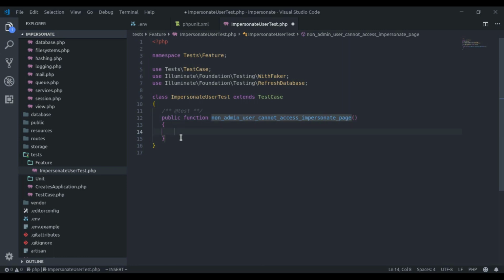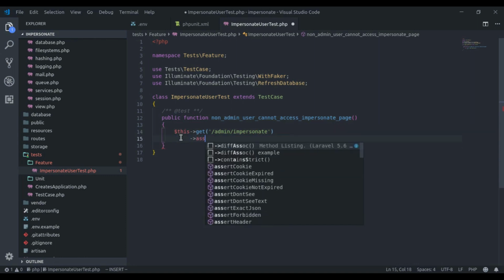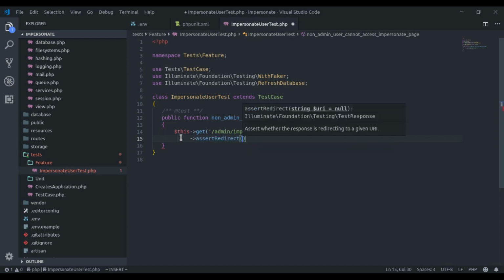Now what we want to say, if you are a guest, you have no permission to access the admin/impersonate endpoint. So we will say if you try to hit that admin/impersonate, it will redirect to the login page.